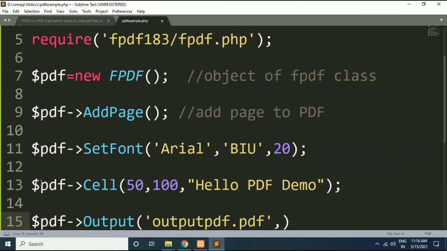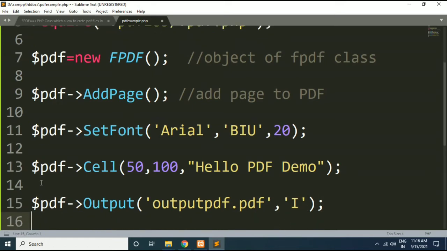Okay, and how you want to display this PDF within browser. So we want to display this PDF within browser, so I will use here I option. So here this I parameter will send this PDF to browser and display it within the browser.